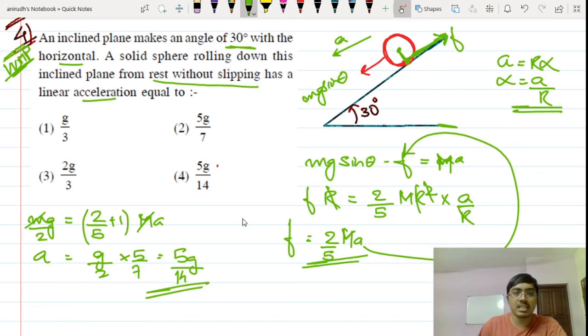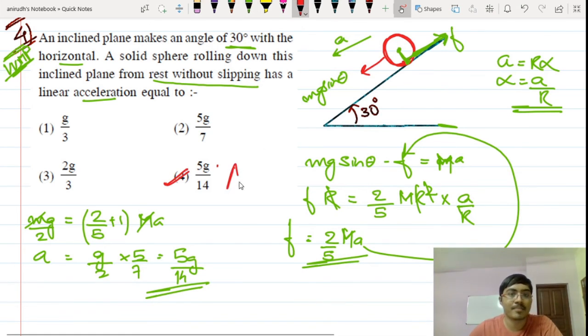So this is a good question, a standard routine kind of question. Never get this wrong in the exam. Always consider this friction over there. Although it is not mentioned in the question, it is mandatory for you to take this friction here, because as per the question it is rolling without slipping, so there should be one force which is going to produce the torque in this kind of case. There should be some cause for rotation. mg sine theta is acting along the center itself, so that cannot produce the torque.